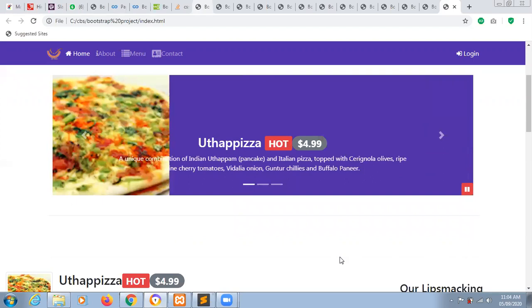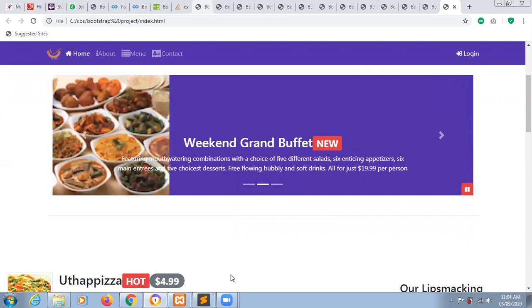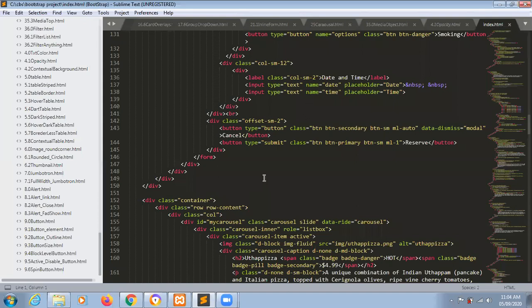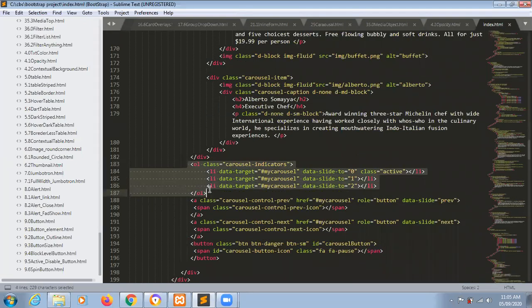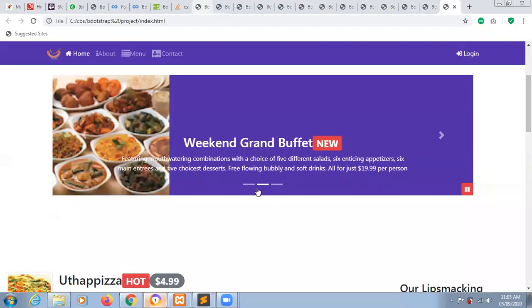So can you show that? Okay, madam. Here, madam, in the code, show me the carousel. Here, madam, these are the carousel indicators. So where have you put that carousel indicator as a dash? It means the line form is coming. That's what I'm telling you. Yes, this is that one.